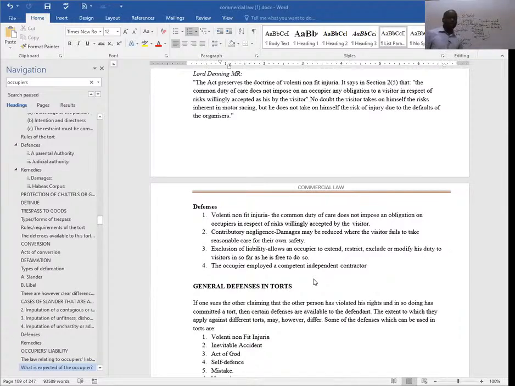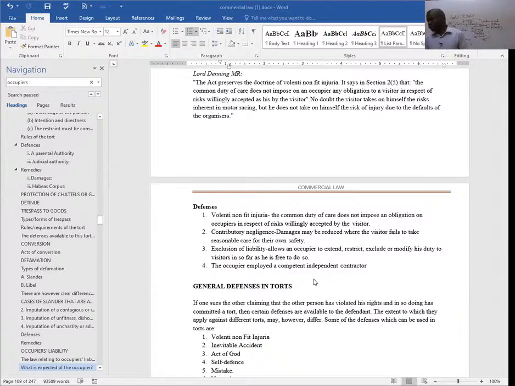So in this case, that supermarket we are talking about, for example, if it has been accused of occupier's liability, how can it defend itself in a court of law? A customer walked in, and while in the process of shopping for his or her goods, he slipped on the floor and fell and was injured. Can that customer accuse the supermarket of occupier's liability?